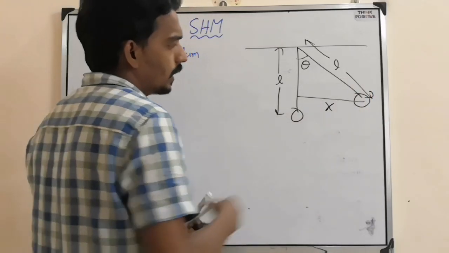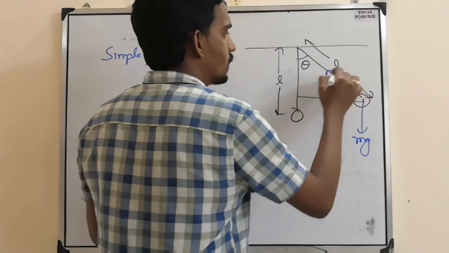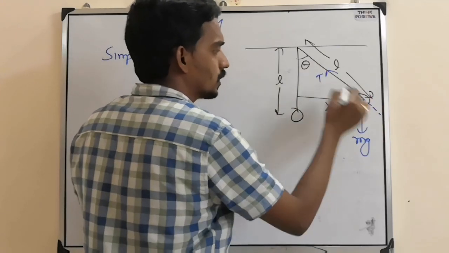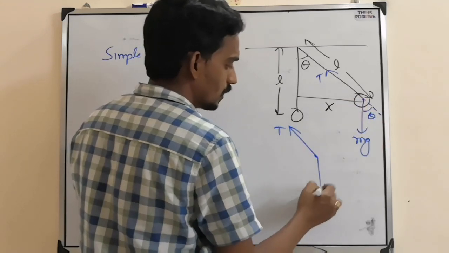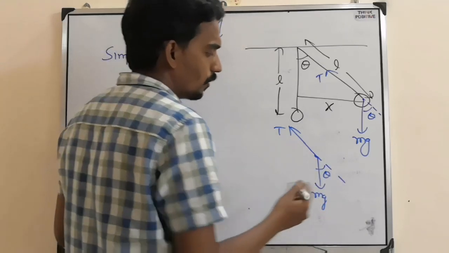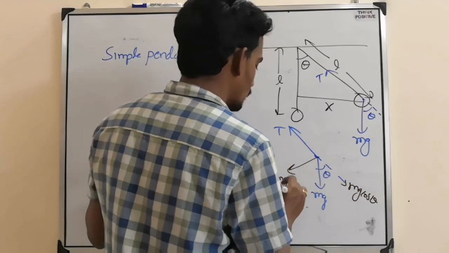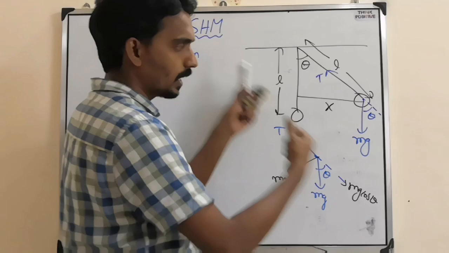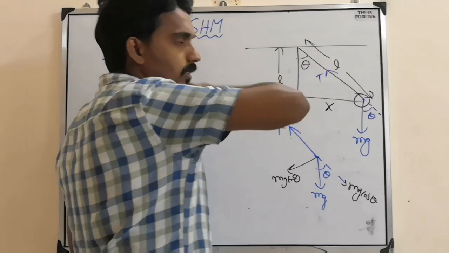Now at this particular position, if you consider, mg will act downward, tension will act along the string. Now if you take this line same, so this is theta, this is also theta. So at this point, this is tension, this is mg, and in this direction theta is there. Now if you take components, this is mg cos theta and this is mg sin theta. These two cancel each other, they are equal and opposite. No motion in this direction. The pendulum is not going like this, it is going like this.